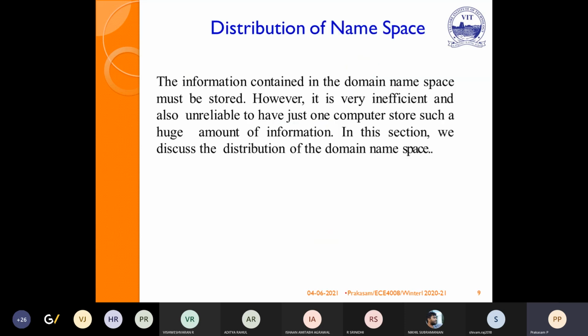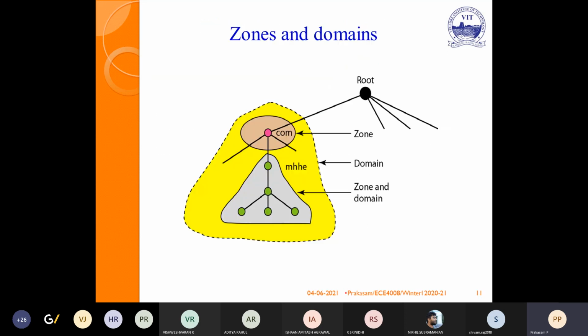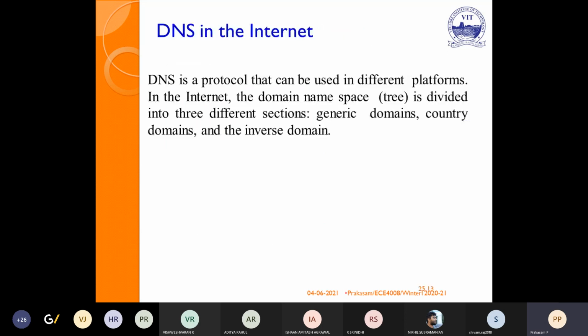Similarly, domain names may be classified, I think this was also explained. Domains may be classified into three in the internet: generic domain, country domains, and inverse domain.